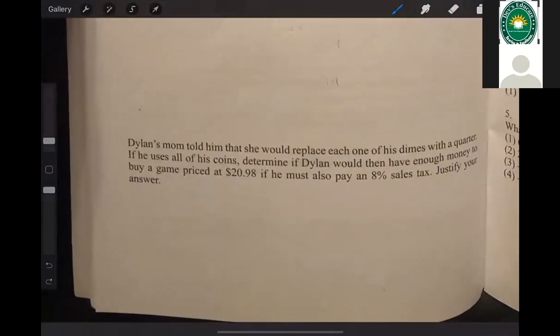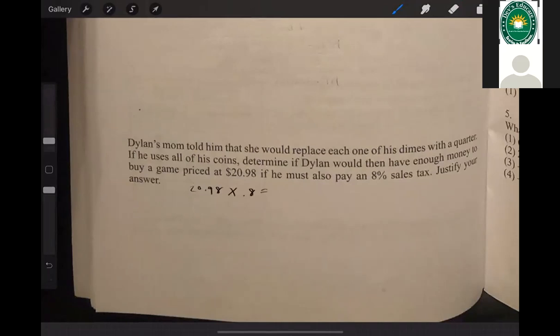Dylan's mom told him that she would replace each one of his dimes with a quarter. If he uses all of his coins, determine if Dylan would have enough money to buy a game priced at $20.98 if he must also pay an 8% sales tax. So if it's 8% sales tax, we first would have to find 8% of that. So it would be like 20.98 times 0.8